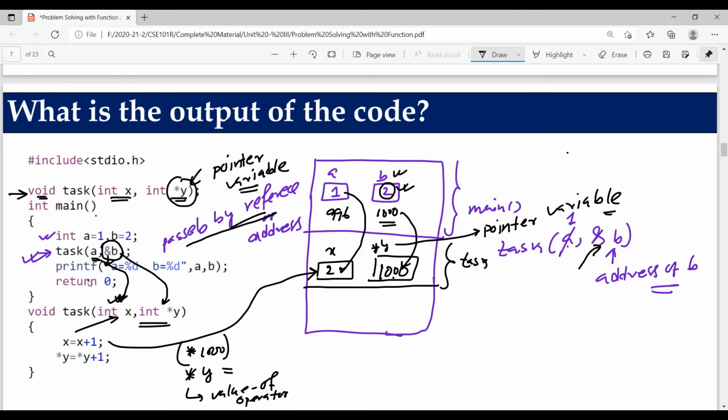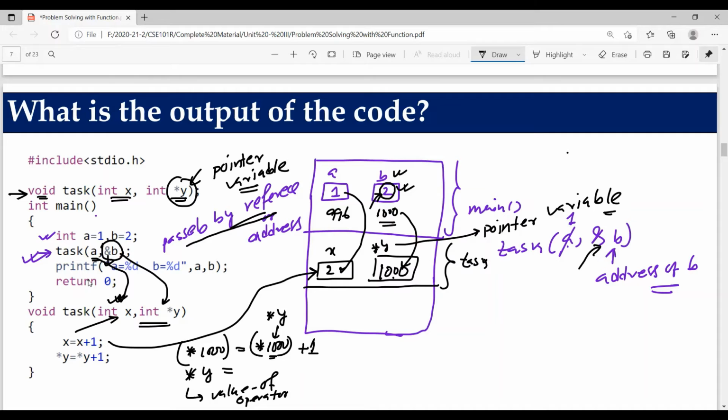So what do we want to do? We want to update the value at 1000 by again taking the value at 1000 plus 1. Now the value of y is 1000, so I put it here. Let's see what is the value at address 1000. It is 2.